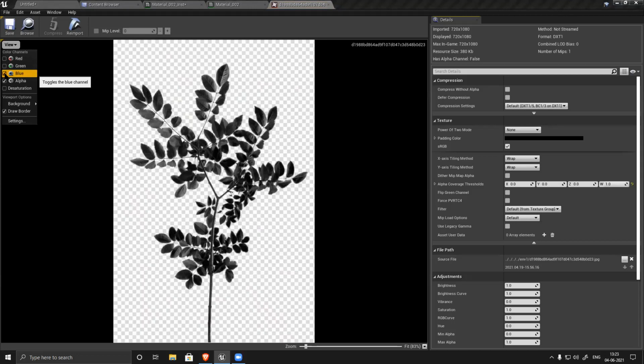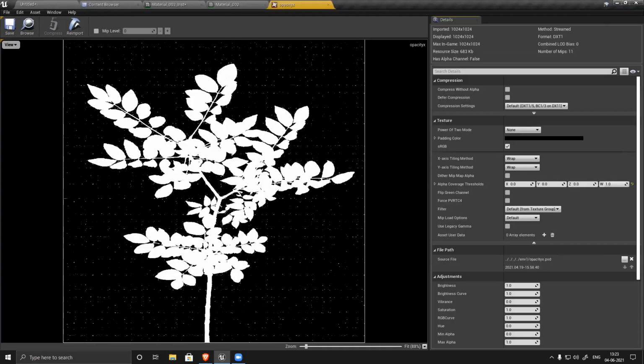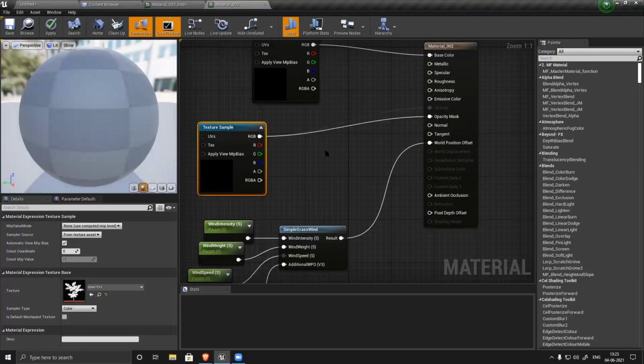Blue is almost black. Okay. Yeah, see, there's a problem with this only. Yes, sir. That is something you have to fix. Can I fix it here? Let's see.